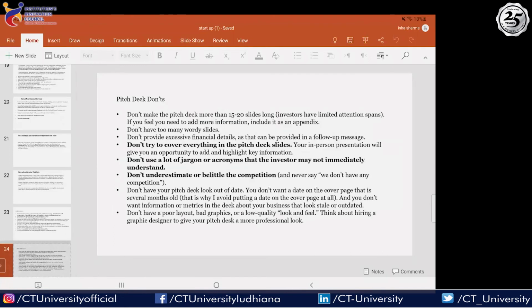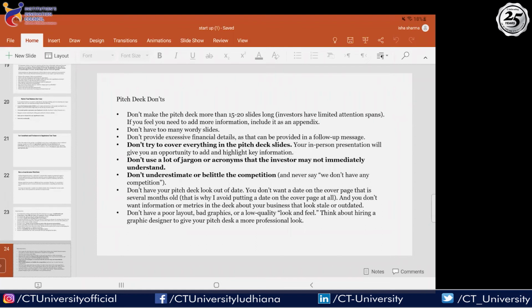What not to do in your pitch deck: don't try to cover everything that you know about the business in that pitch deck. Not more than, I would say, 10 to 15 slides are more than enough for an attention span. So don't go beyond that. And don't use too many industry words. You might be an industry expert, whether you come from the IT industry, the mechanical industry, or the biotechnology industry, and there will be terms that you know but the investor might not understand. So use simple language to convey what you are going to do.